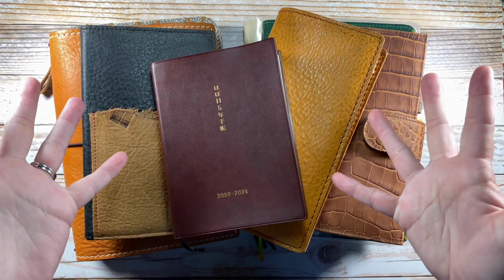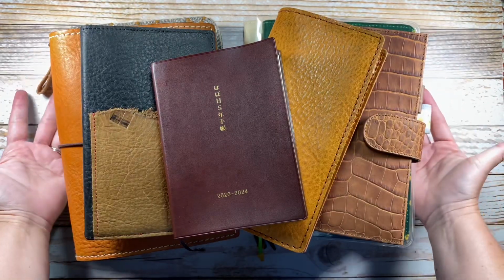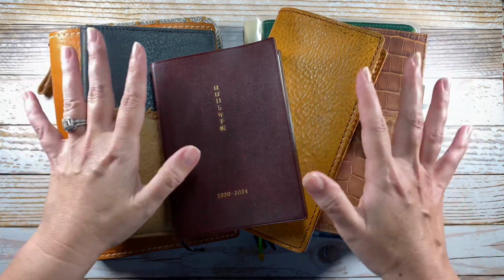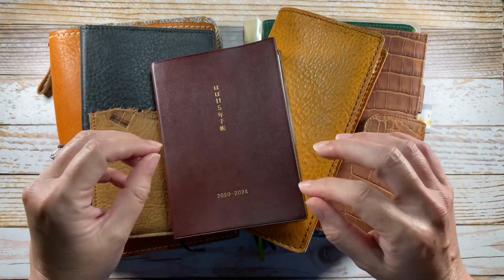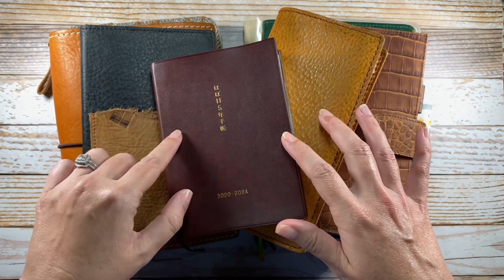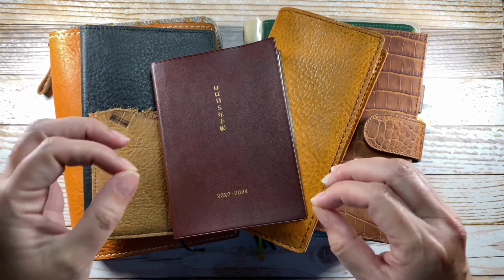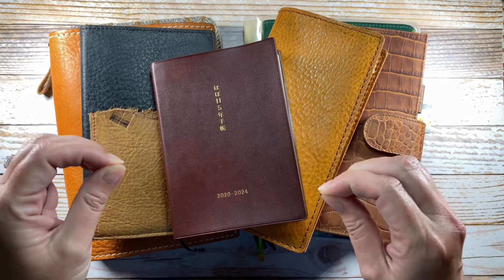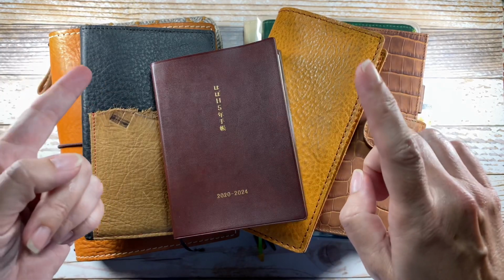Let's talk One Book July, she says as she hovers over this mountain of books. So this will be my first year ever to officially participate in One Book July, and I'm super excited about it. So I actually did a disservice to myself in previous years by not further investigating what the challenge is